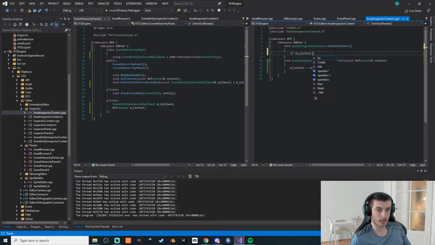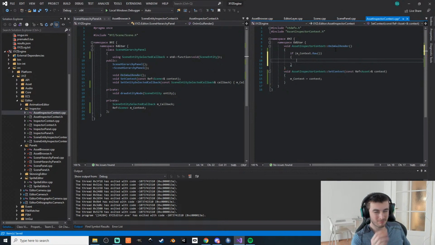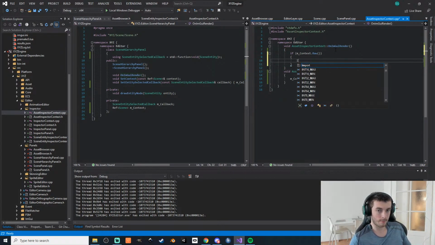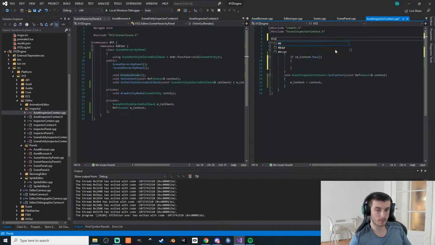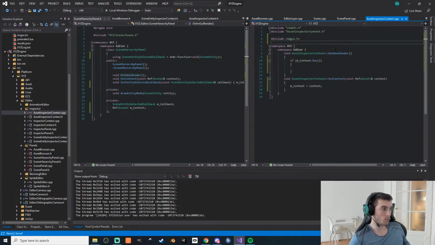If context dot raw, if it's a valid thing, then I am including ImGui,